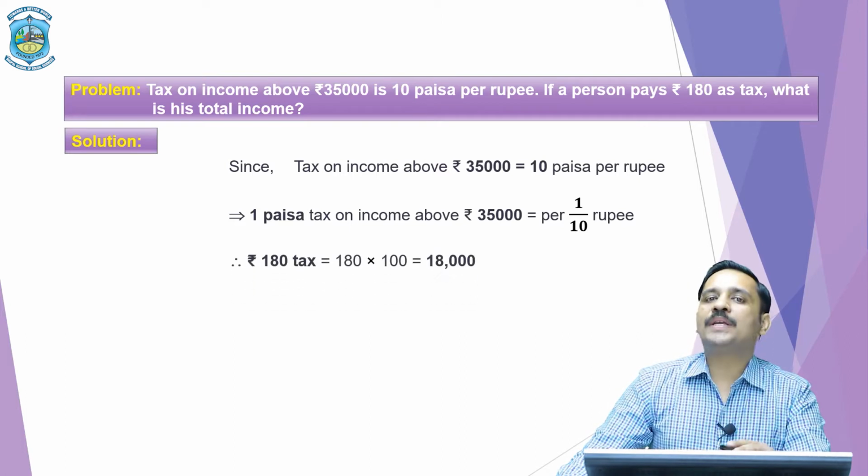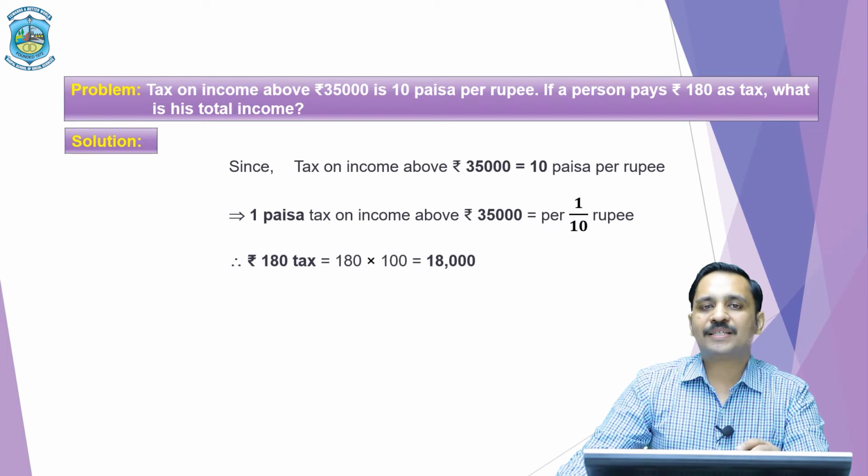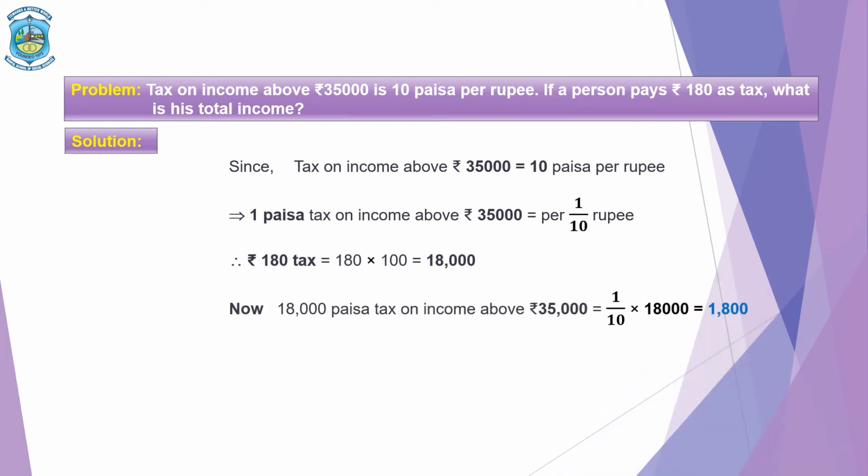It is given that rupees 180 has been paid as tax. Now converting this 180 rupees into paisa, we have 180 into 100, which is 18,000 paisa. Now 18,000 paisa tax on income above rupees 35,000 is equal to 1 upon 10 into 18,000, which is equal to rupees 1800. Hence, the total income is the amount of salary plus the tax, that is 35,000 plus 1800, which is equal to